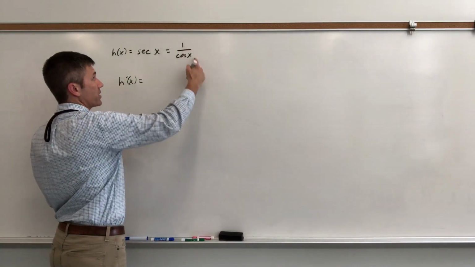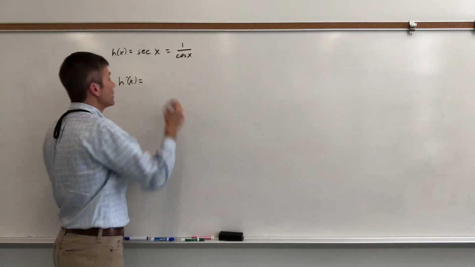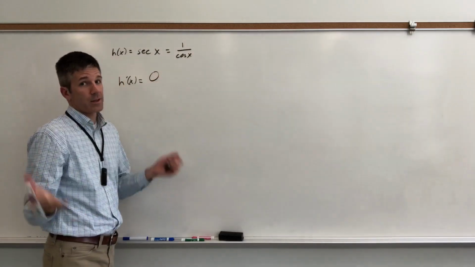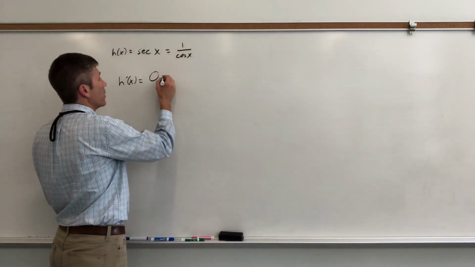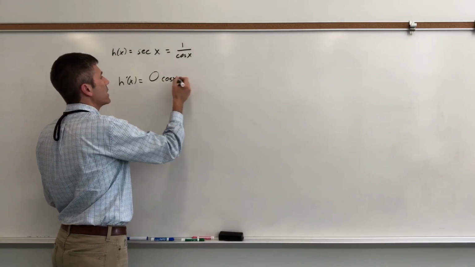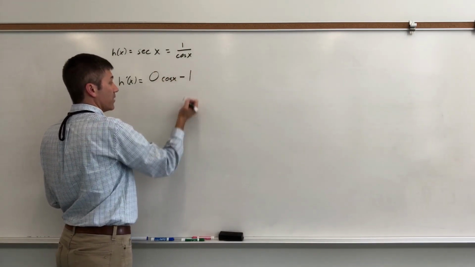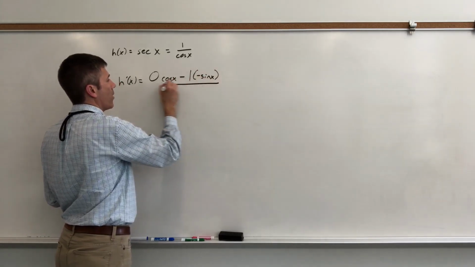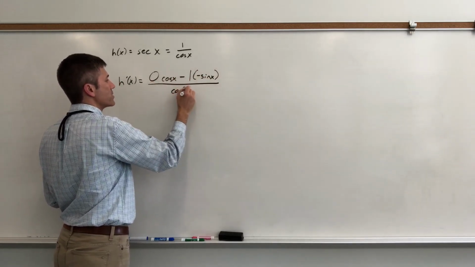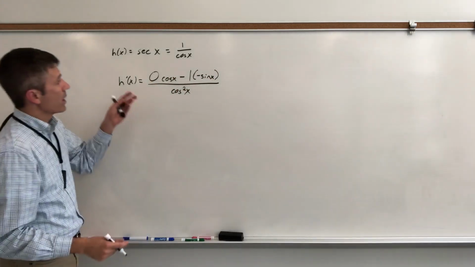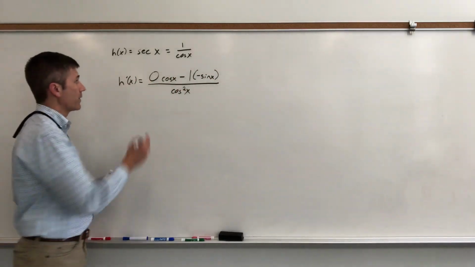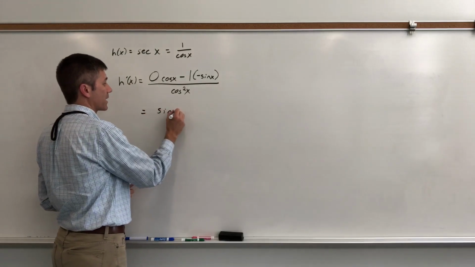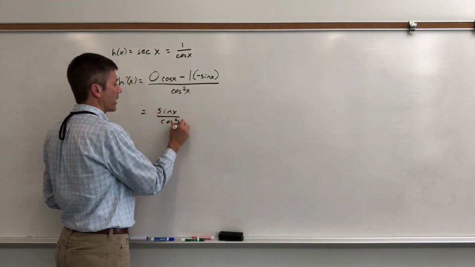Quotient rule, there's f, there's g. F prime is 0, which means we're going to get a bunch of stuff that cancels out. So 0 times cosine x, that's going to be gone. F prime g minus f g prime, all divided by g squared. Okay, well, let's go for the obvious. 0 times cosine is gone, and then we are left with positive sine x over cosine squared x, and that is